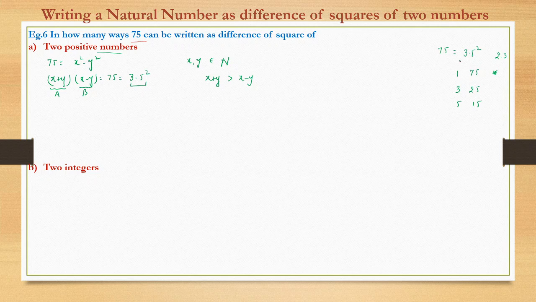I mean, out of 75 and 1, x + y will take 75 and x − y will take 1. Similarly, out of this pair 3 and 25, 25 will go to x + y and the lower number 3 will go to x − y. So in the same way, it has only one way of arranging. It cannot be that x + y can take both the values in another instance. No. So the number of ways would be how much? 3 ways.